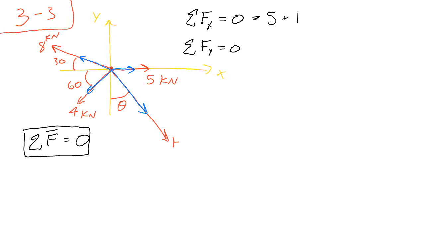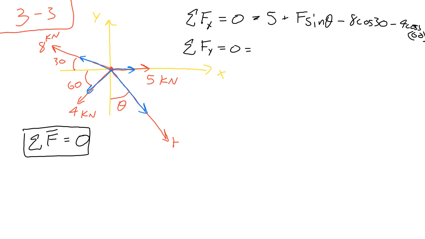So I write plus F sine theta, because the x component of this force is the sine component. And there are these other two forces in the x direction that are both negative: minus 8 cosine 30, minus 4 cosine 60. All right, this is the equation we have for the x direction, and we get one more from the y direction. The idea is we're going to combine those equations and solve for that force. So for the y direction,